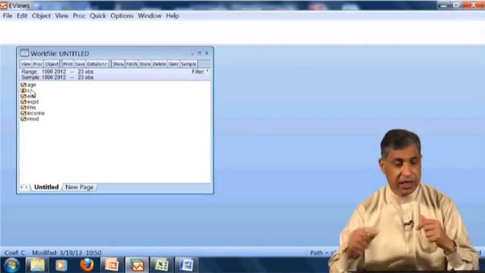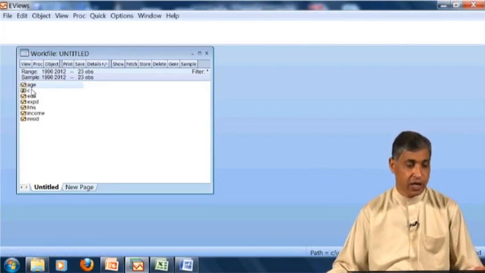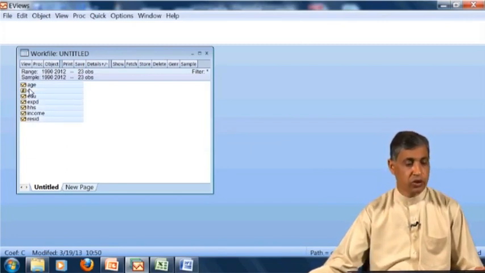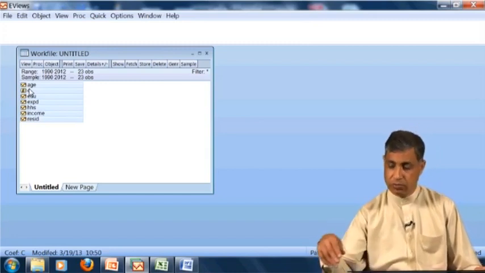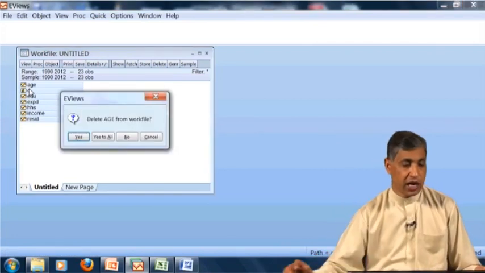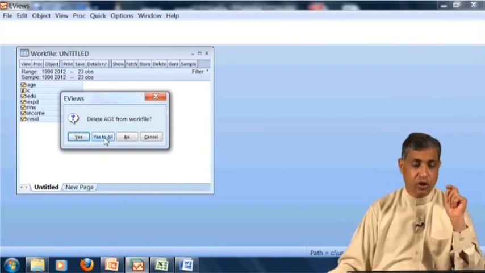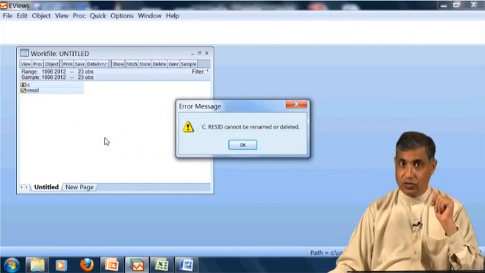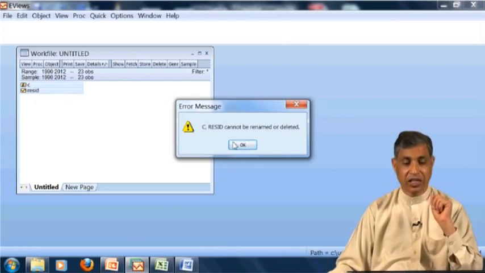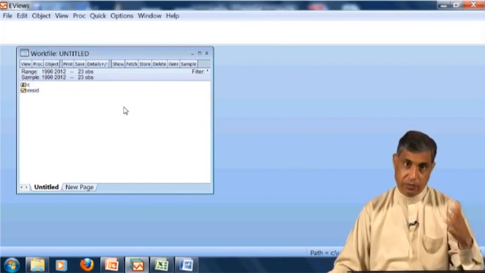I would like to repeat this, and to repeat this I will have to delete all of the variables from here. So what is this? You click on one and you scroll down by your keyboard, and you say that you should delete this. As you delete, now it will ask you whether you are interested to delete one or all. You should say yes. Now it is much smarter than you. It is saying that C and residual are by default. You can't delete these. We agree with this, that definitely you can preserve these.